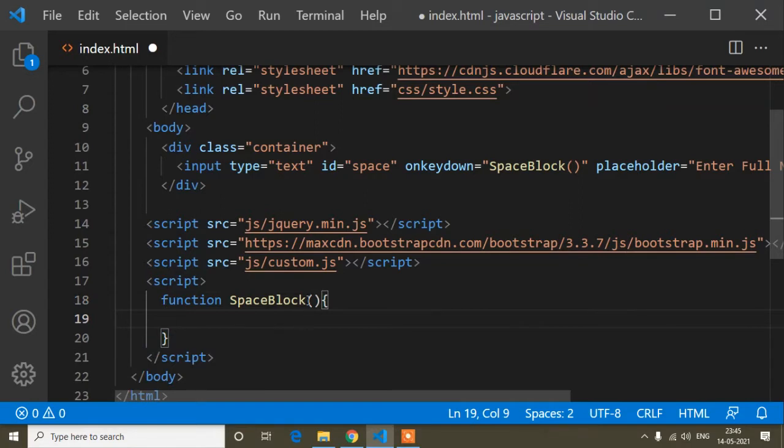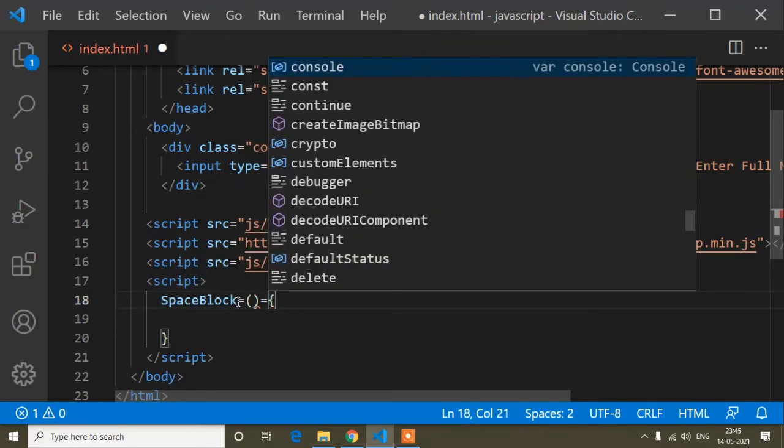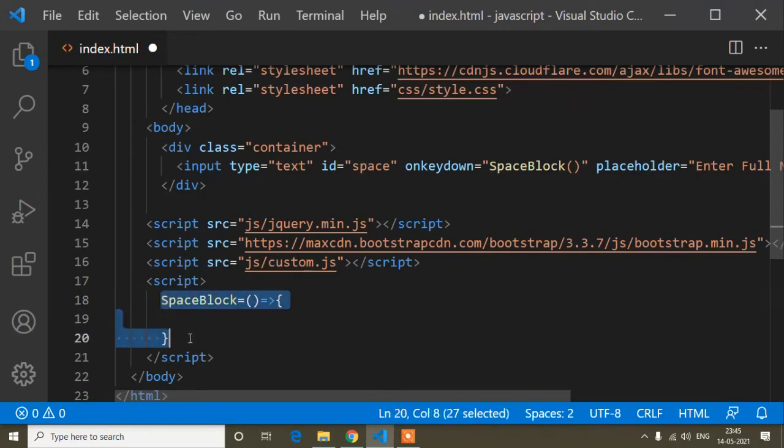Otherwise, you can also write a fat arrow function. So how to write a fat arrow function? Here, equals to an arrow, so that is called a fat arrow function. The difference between function and fat arrow function is that this renders faster than if you write using the function keyword.